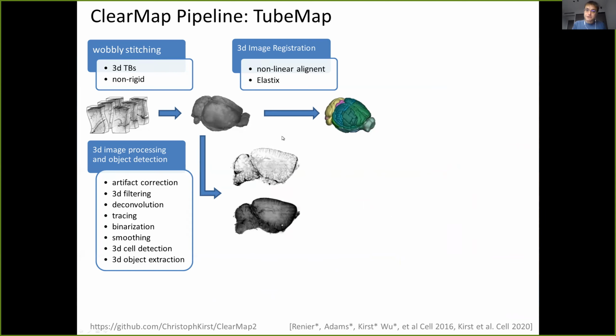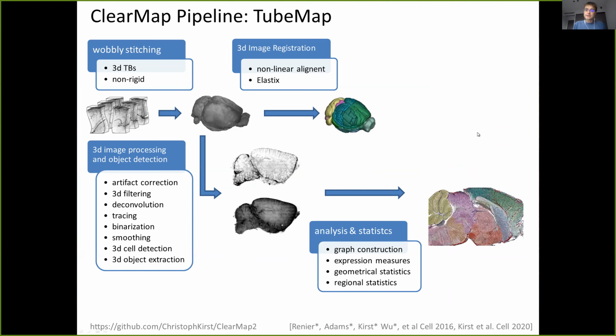I told you that we have 2 channels, so we also mark for the arteries. We put this all together and generate this large graph that represents the vasculature network that has labels of artery versus vein marker. And of course, we can now combine it again with our atlas registration and look at the different areas.